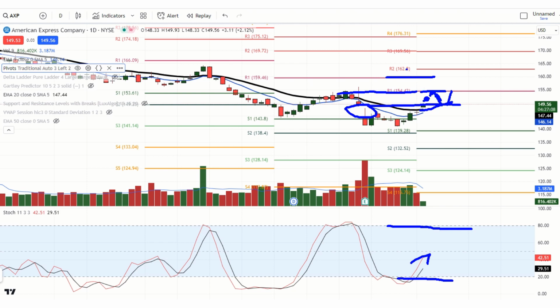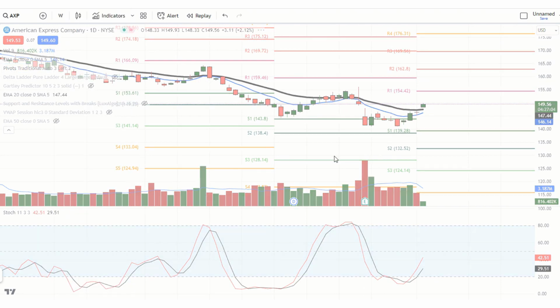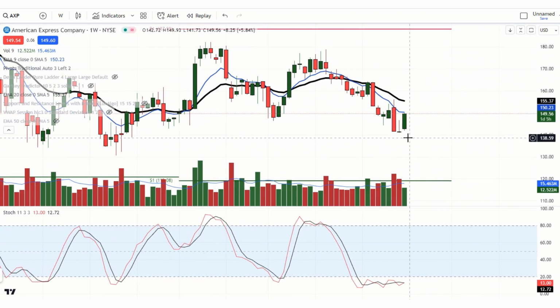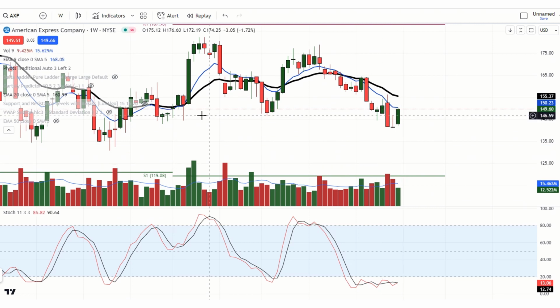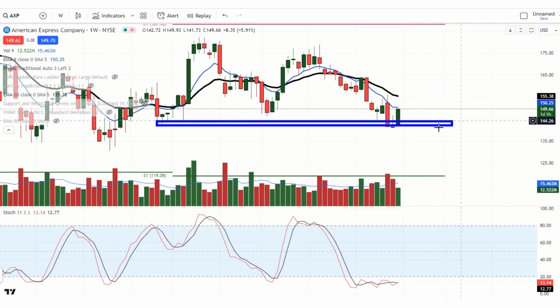So let's see if we're getting a trend change here on American Express. So that's what we're going to be watching. On the weekly chart, we're still short, because we still have a lot. Now, on the weekly chart, look at the support area right there. Bingo. And what happened? We had the engulfing. So far, we haven't finished this week off yet. But if we continue to get the buying, we get the engulfing,